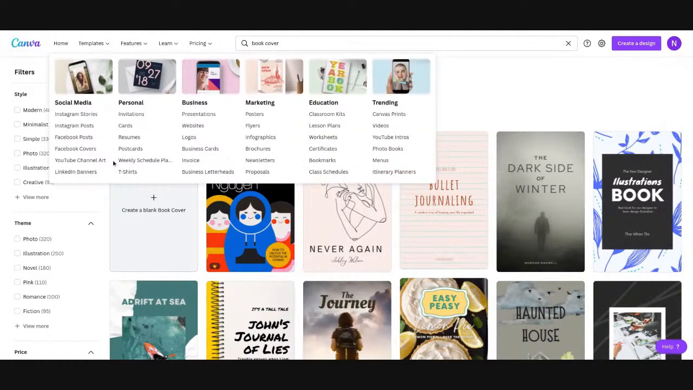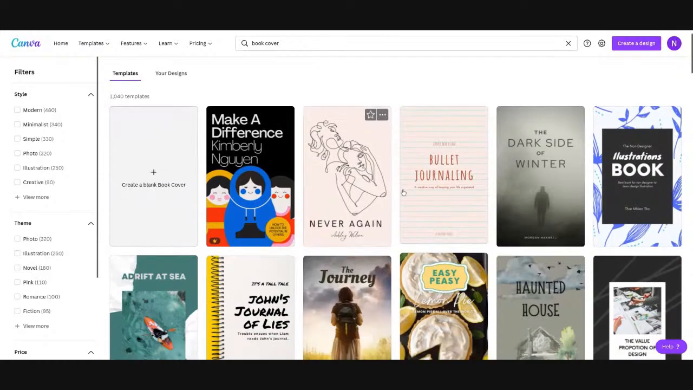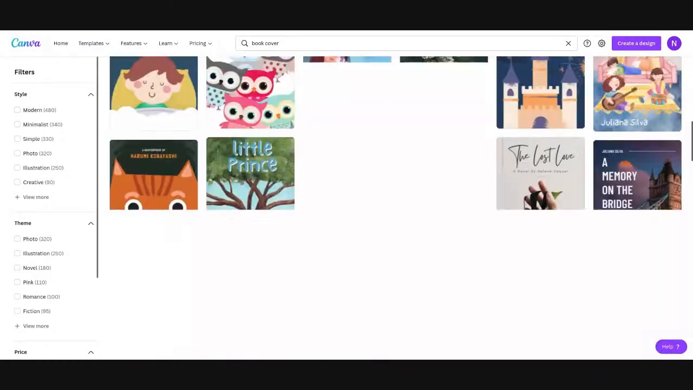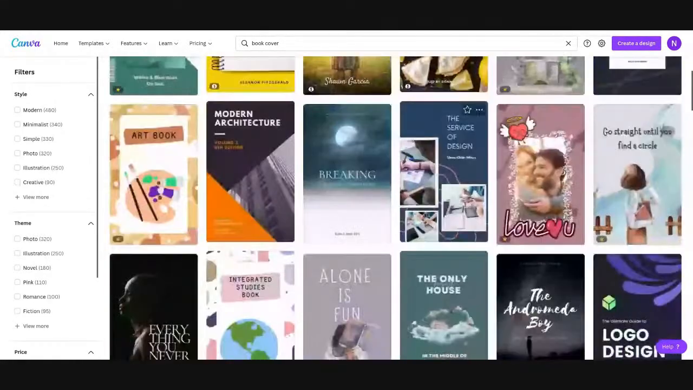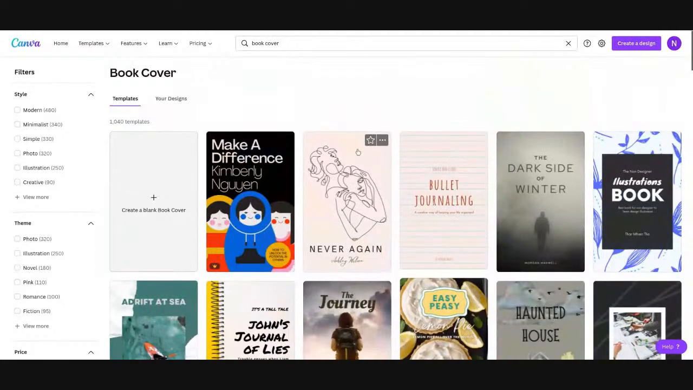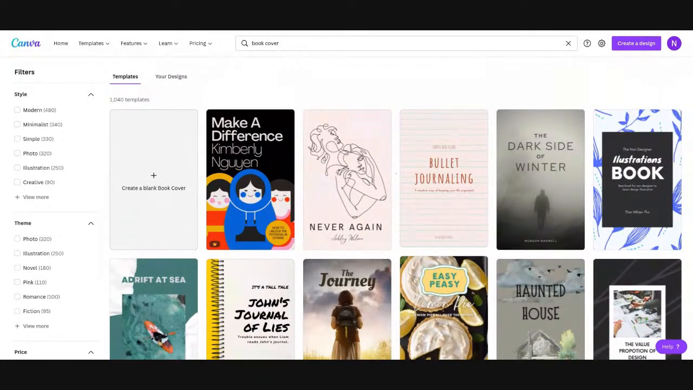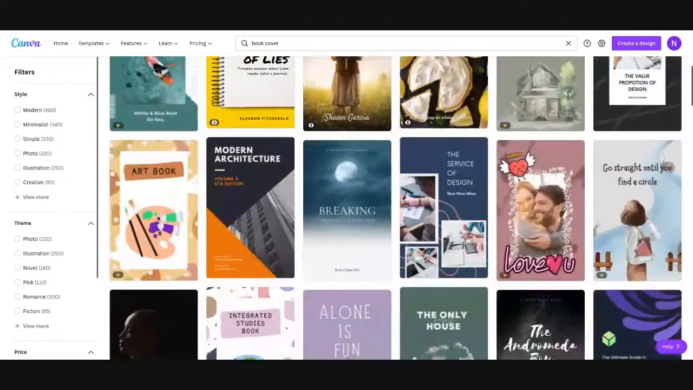Oh, matter of fact, scratch that. That has something to do with the book cover templates. So let's talk about that real quick, and then we'll go on creating your own real fast. So if let's say you feel like you're not creative, you want to choose one of these templates, but you still hadn't